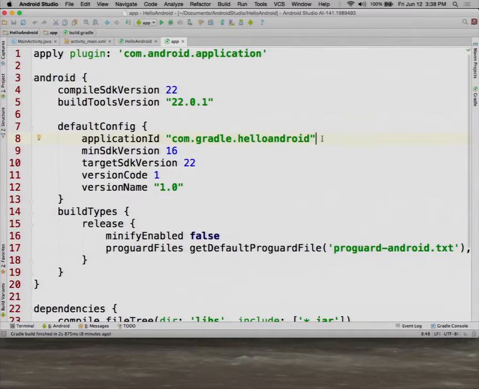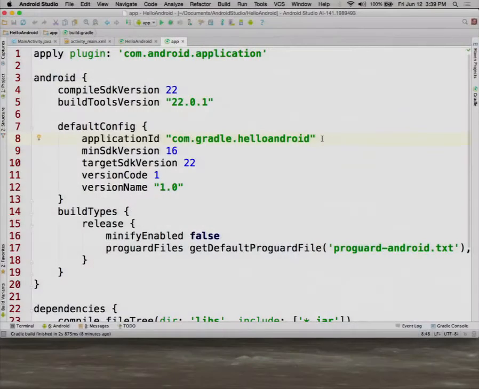In the old Eclipse tools, it used to default to com.example.whatever, and that's kind of annoying because you can't deploy anything from com.example to the Google Play Store. That's actually restricted to Android samples, which are good. So you notice on this tool, they prompt you for your domain name, they reverse the domain name, and then they add the name of the project at the end, and the hope is that that will be unique for you. If you try to release a new version of an app, then this is one of the things they're going to be matching on.